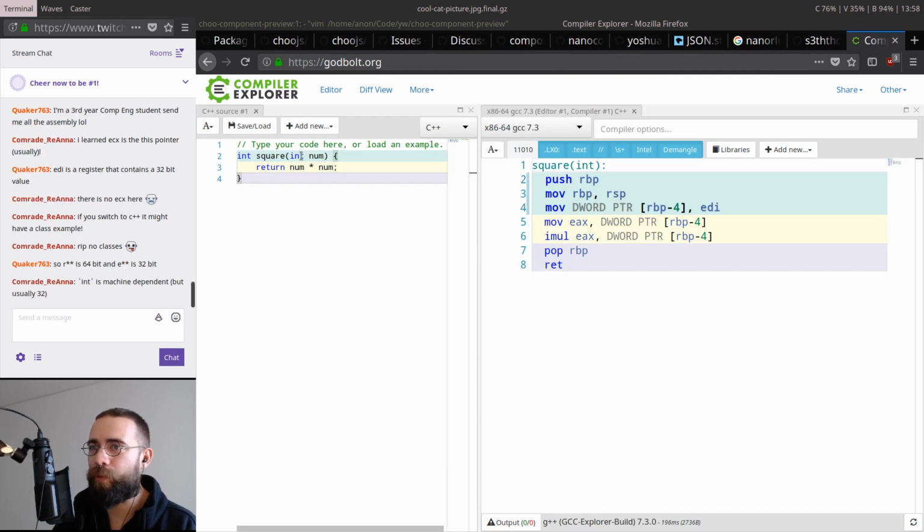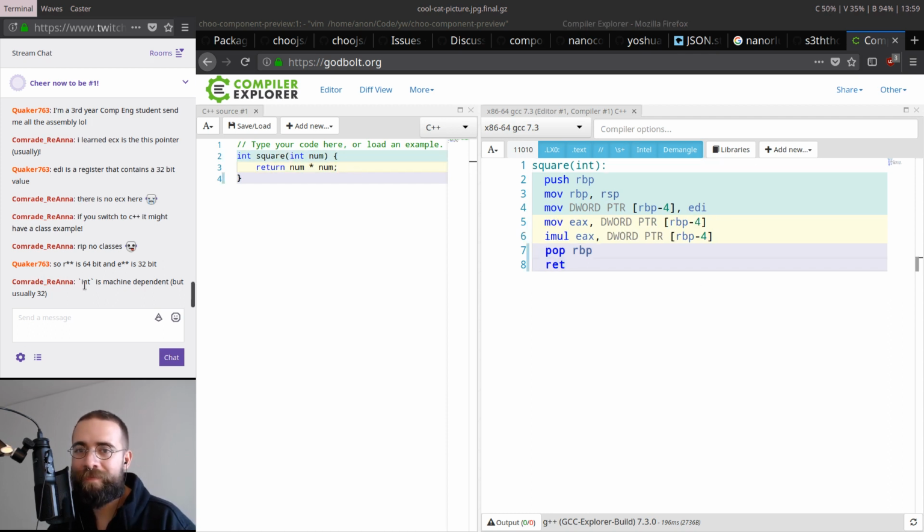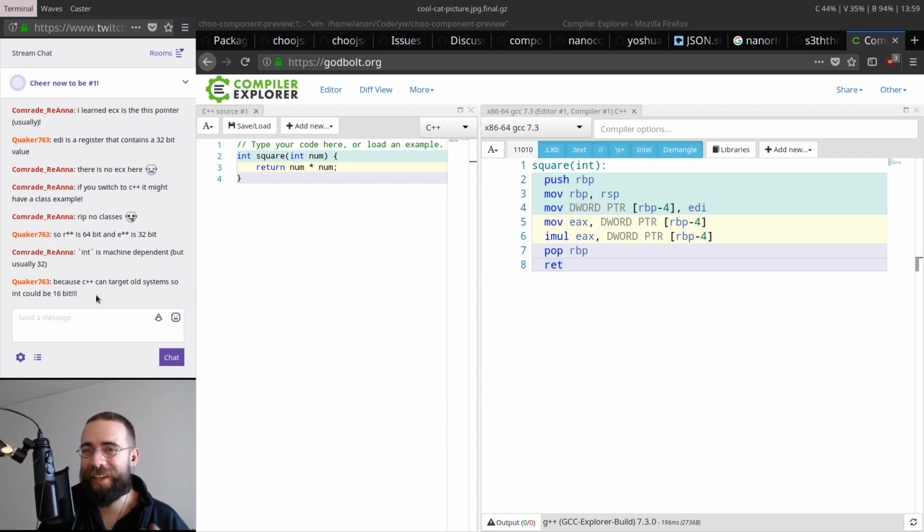It's weird to me that C++ has this, because int has an extra meaning to it. It's like a variable for size, which I don't get. Int is machine dependent, but usually 32. Yeah, exactly. It's because C++ can target old systems, so int should be 16-bit. So I get that, but why is it not explicit? Why isn't it like